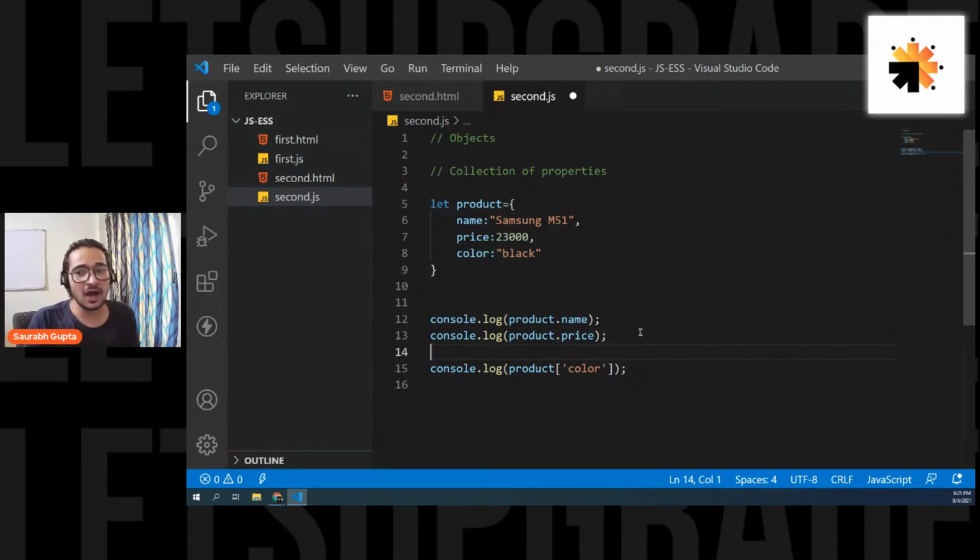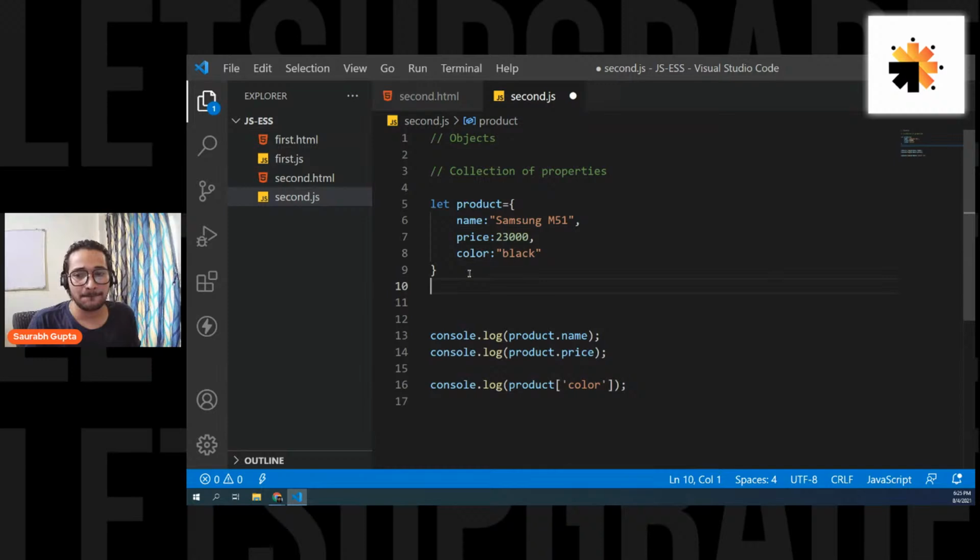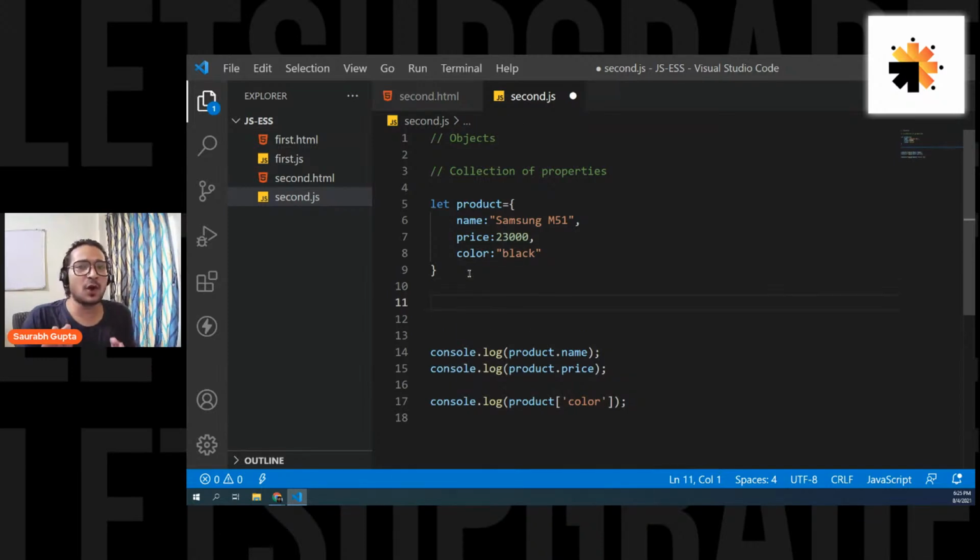Okay. So now let's say I want my user to tell me which property to access. I'm not defining that I want to access color or name or something. I want my user to tell me. So let's say the user will pass that he wants to access name, or price, or color, and I store the user's data in a variable.